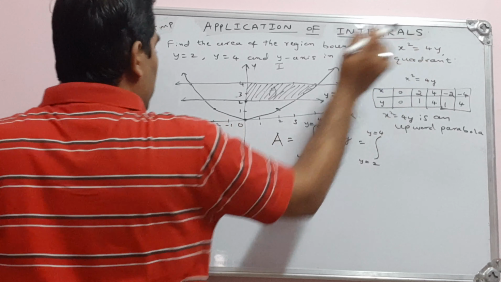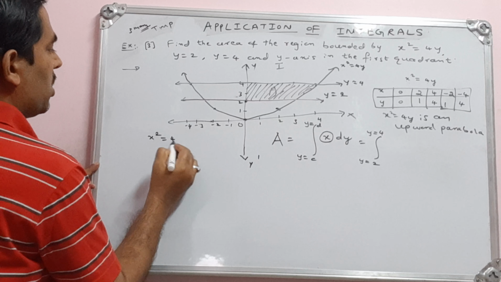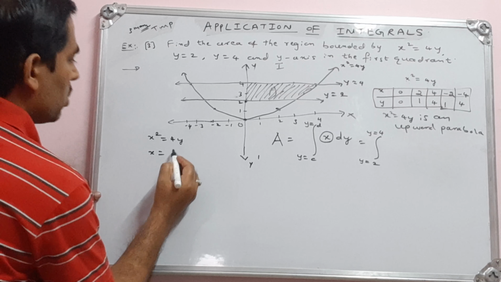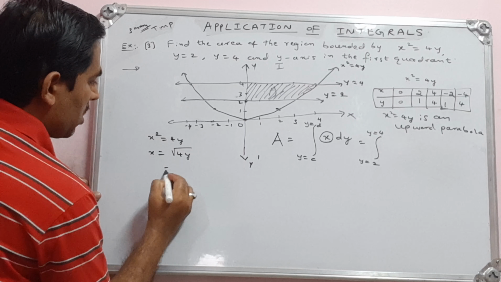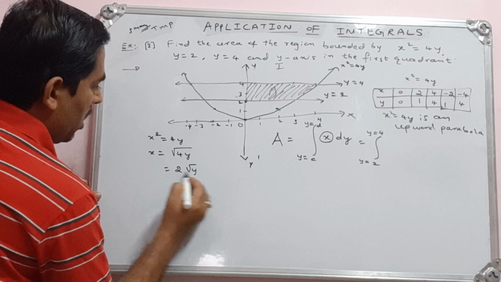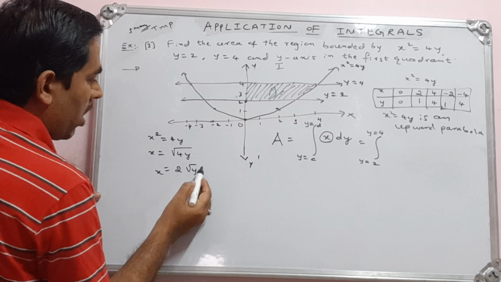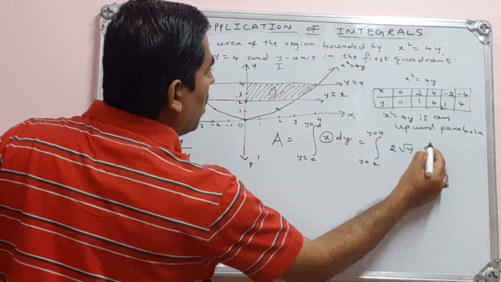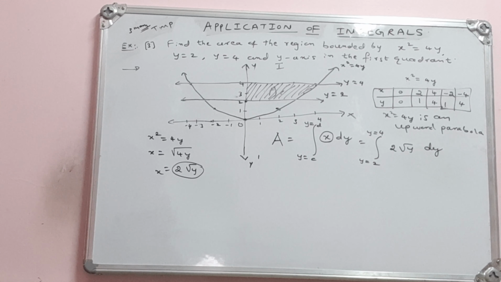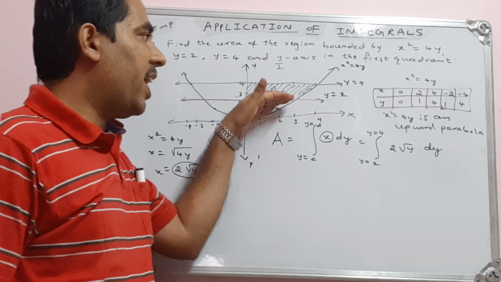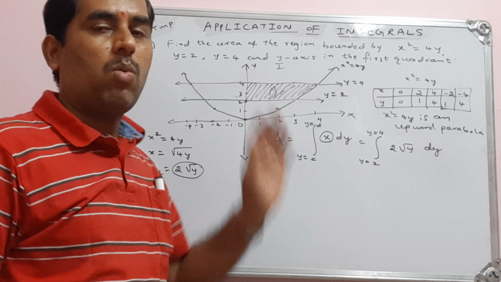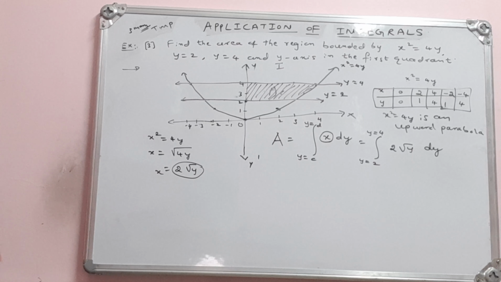So where is that x? See, that curve is x square is equal to 4y. So if I solve for x, I will get square root of 4y. Observe this. Square root of 4 is 2, then root y. So we are calculating area in the first quadrant, take the positive. So that integration of x means what? 2 root y, with respect to y, we have to integrate that. So it is the area bounded by y-axis and the lines y is equal to 2, y is equal to 4. Okay. So then let us integrate that.